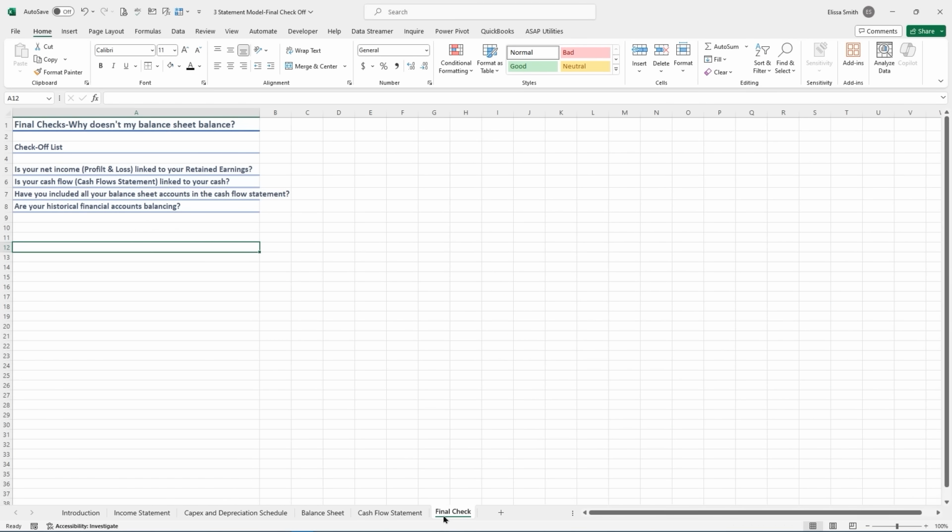Now, back on the final check sheet, you're going to notice some common questions that can make it so the balance sheet doesn't work out. The first one is: is your net income, your P&L, linked to your retained earnings? Also, is your cash flow linked to your cash? These are common areas that can cause the balance sheet to not balance. This third one is probably the biggest one. Have you included all your balance sheet accounts in the cash flow statement? If you've forgotten an account like your AP, for example, in your cash flows,